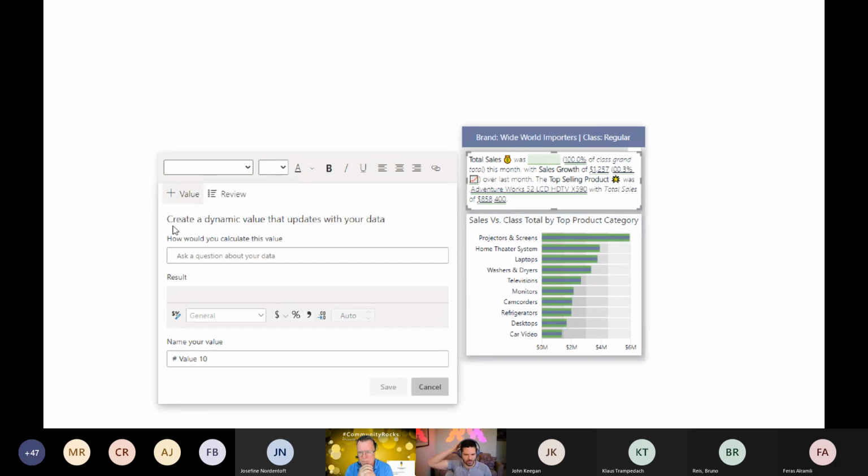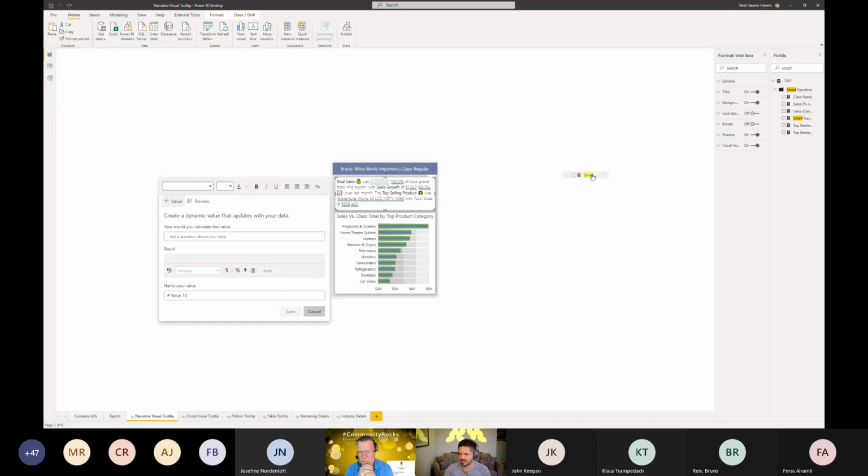Now I will say that this is an okay developer environment. Honestly, I would love to just be able to take a measure from my model and drag and drop it. The Q&A feature in Power BI is very much a consumer feature. Developers do not want to build a model with Q&A. I can't imagine a single person, I'm sure Eric included, who would want to build out every visual using a Q&A search function to find the measure name. It's designed for consumption of data and to build unique visuals. So I'm hoping at some point they update the ability to use this to make it a bit easier, so I can literally just drag and drop into the wells and add the visuals or the calculations that way. But for now, that is something you have to do.